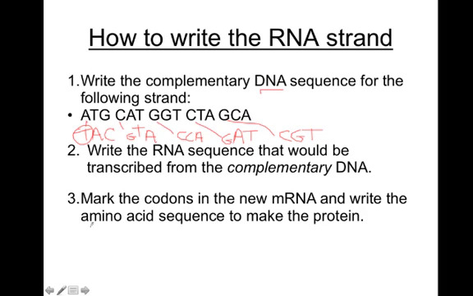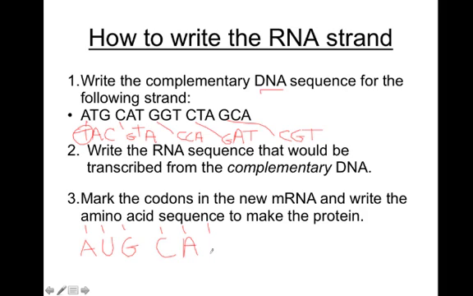So T, we'll treat it like it's a U, will pair with A. A will pair with U. C will pair with G, that stays the same, okay? And now we're working on GTA right here. So G pairs with C, T, we'll treat that like it's a U, pairs with A,